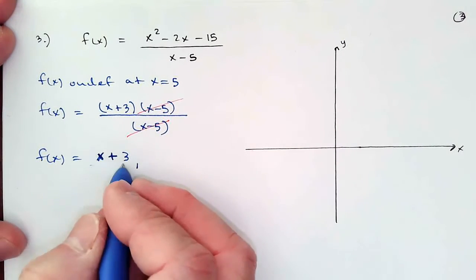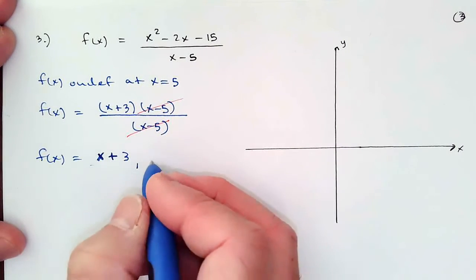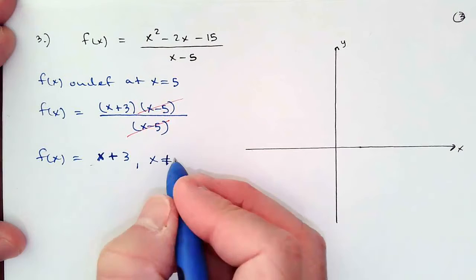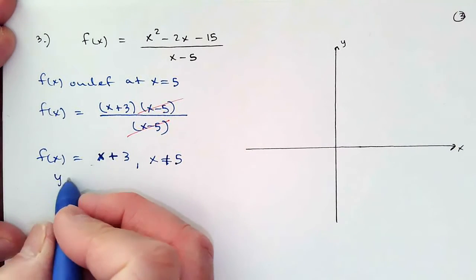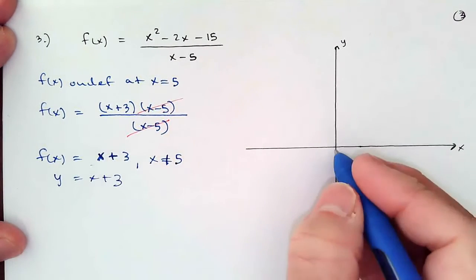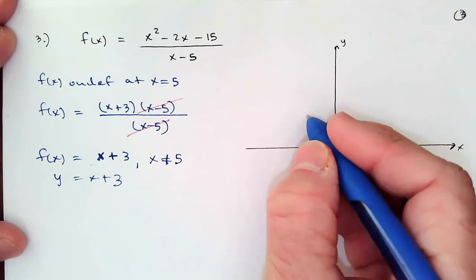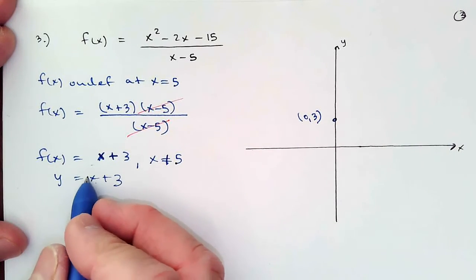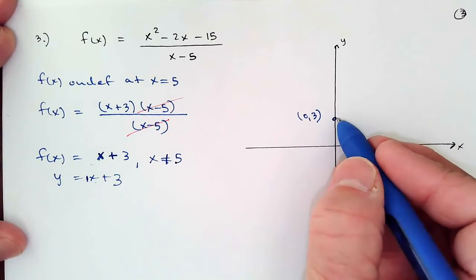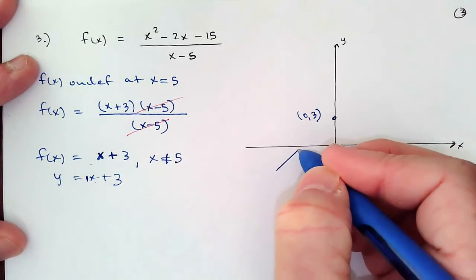So the graph will look like y equals x plus 3, but it is true that x cannot be equal to 5. The graph of y equals x plus 3 is just a line with a y-intercept of 3, let's just call this (0, 3), and a slope of 1, up 1 over 1. It's going to look something like this,